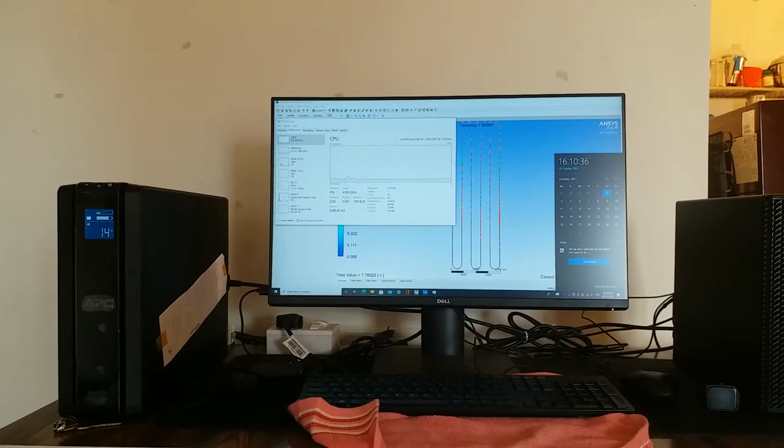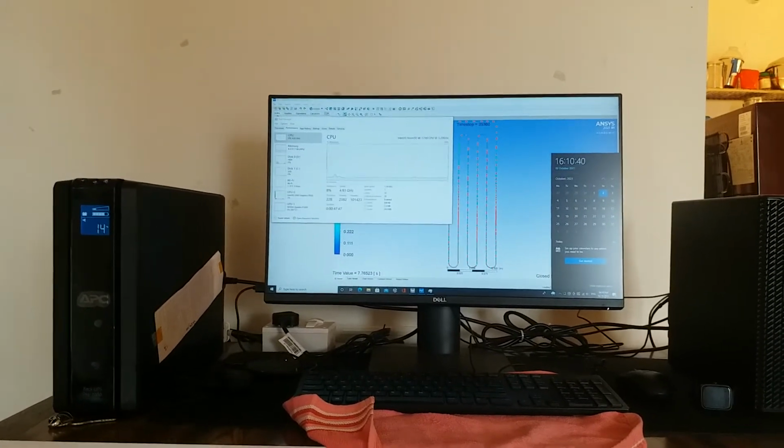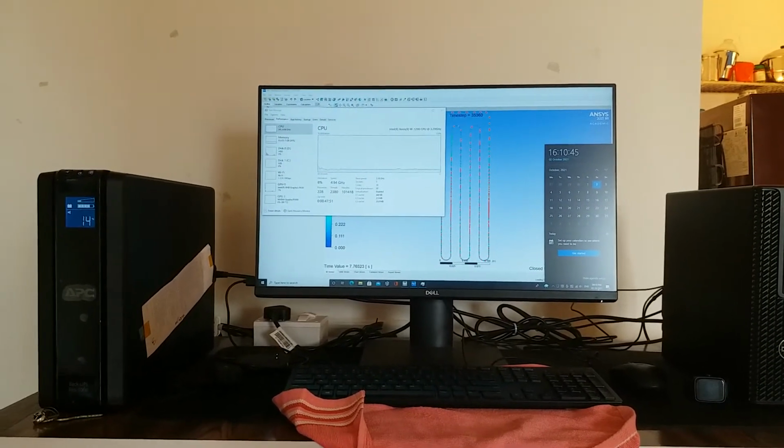Continuous beep noise can be heard. Right now the screen shows the percentage of load which is utilized.